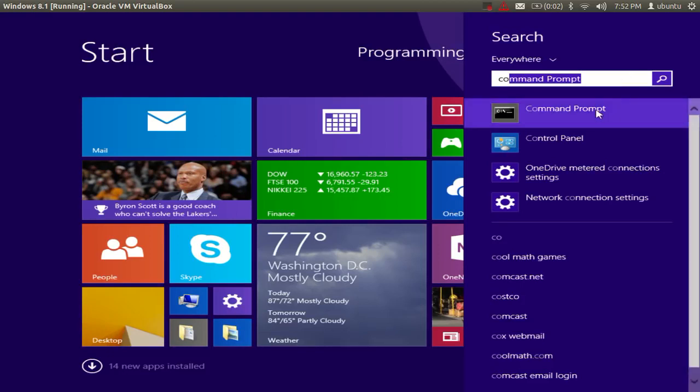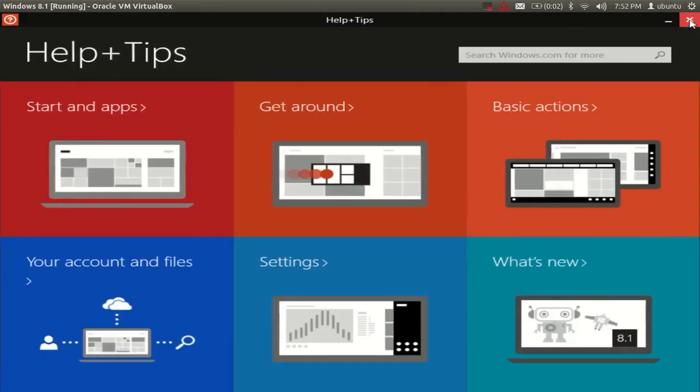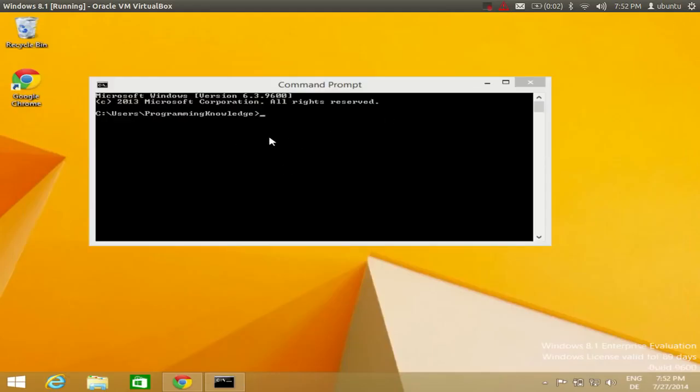So this is my command prompt. I will open it, and this is not what I wanted to open. Yeah, so this is a command prompt, and in here type